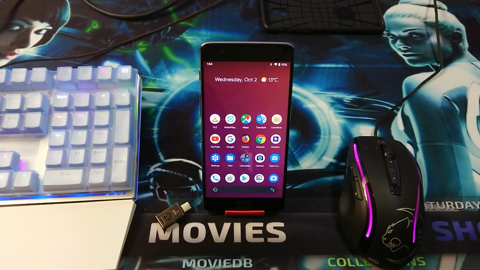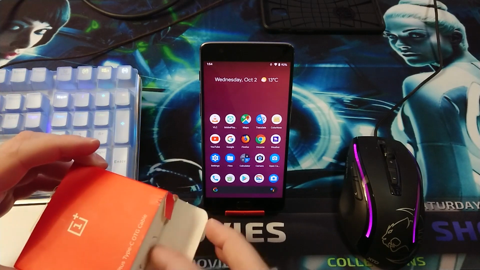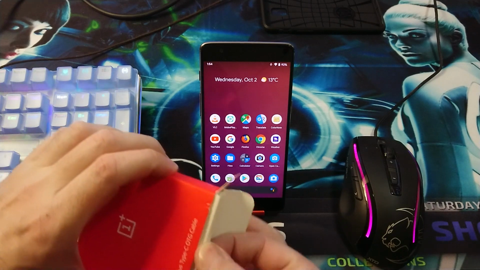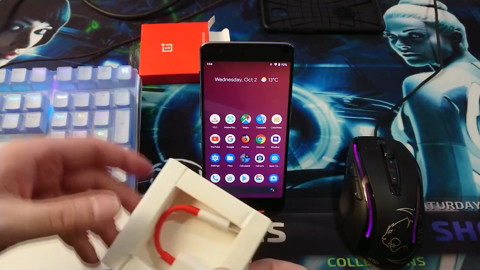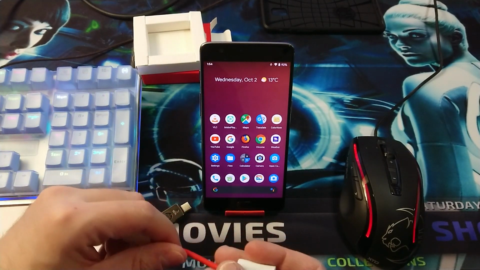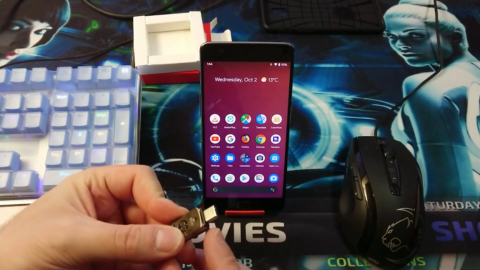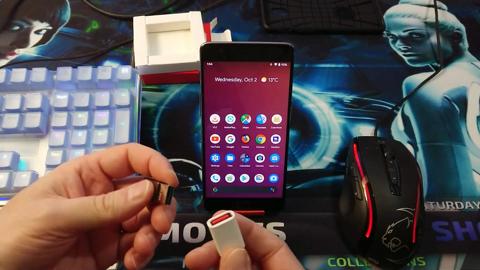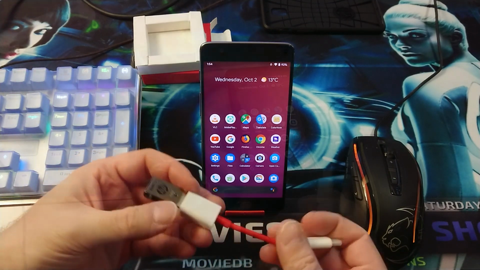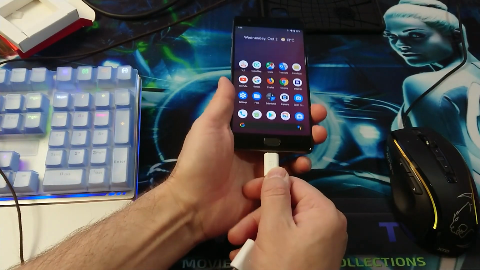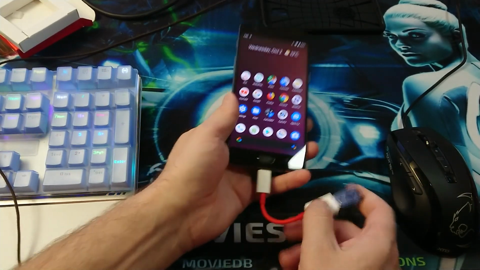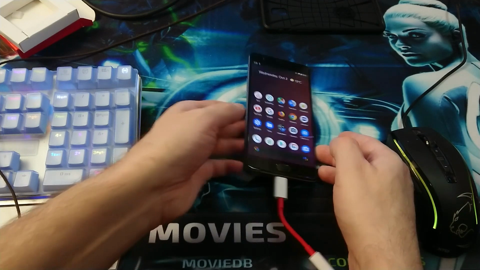What I highly recommend is one of these, the OnePlus Type-C OTG cable. This is the original one from OnePlus. If you've got a normal USB stick, that will do also. If you have a USB stick, you would insert it like this. Just bear with me one second. There you go. All right, so to make the backup,